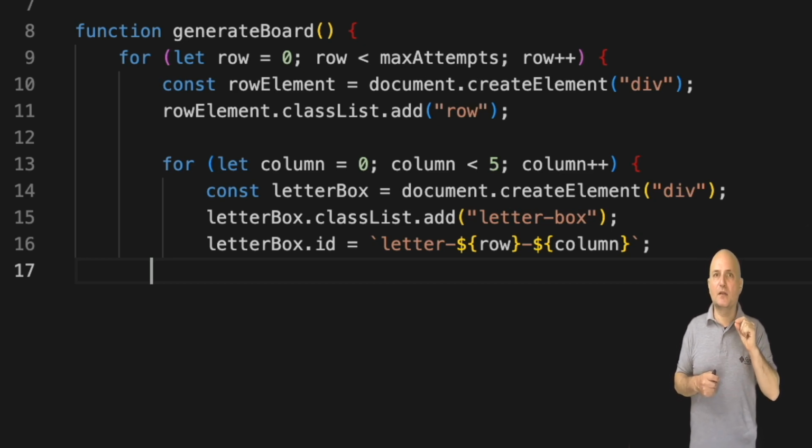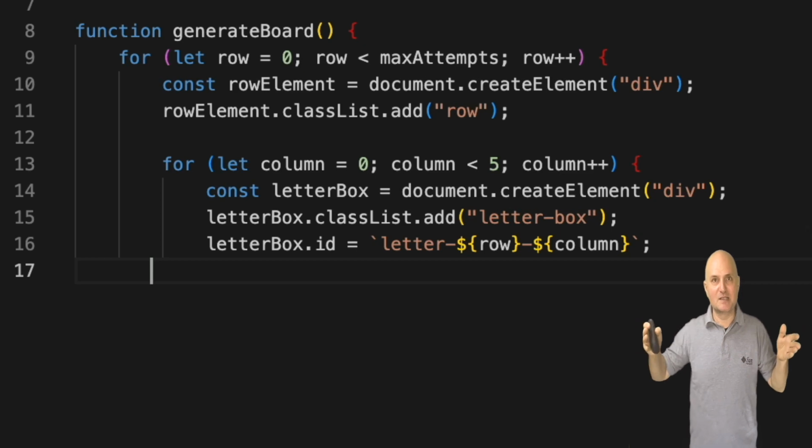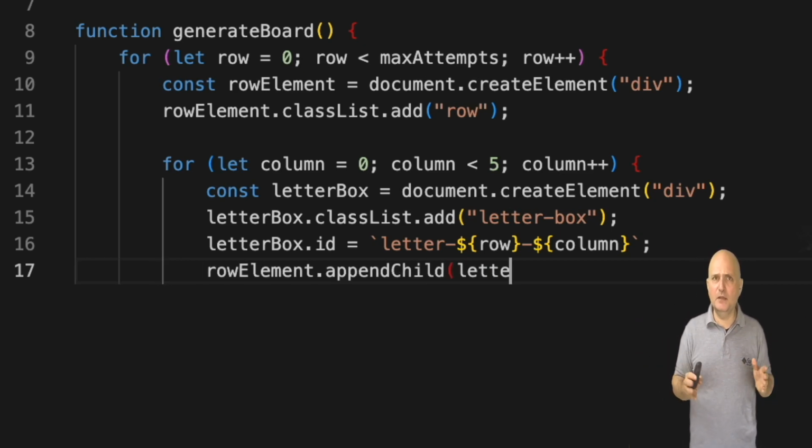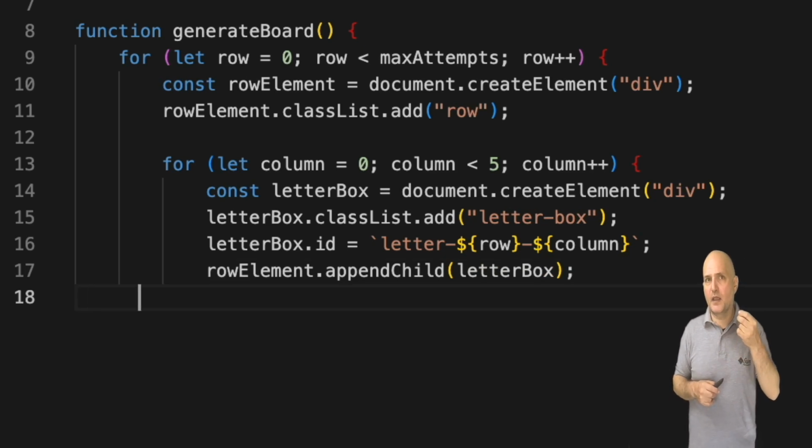This means that the row 0 and column 0 will get the string letter-0-0, and so forth. It's more convenient than writing lots of plus signs when joining strings together. Finally, we add the character to the current row.